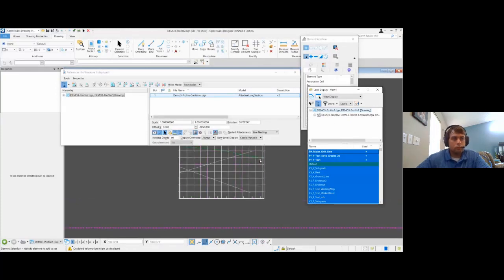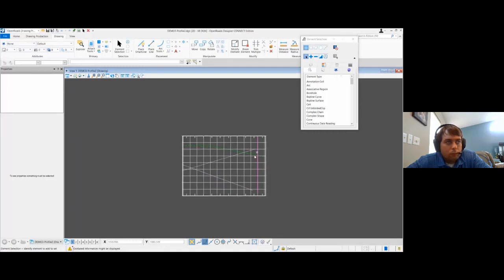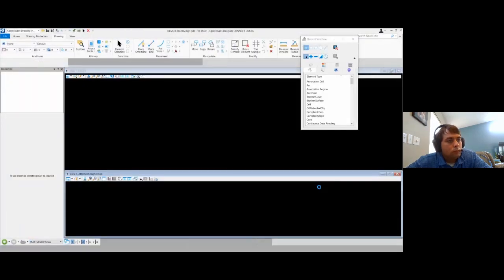Okay, so what we haven't talked about is what happens when we turn the variable on. So when we turn the variable on, we get the same effect we did in plan view, where it'll start also controlling your direct references. Because remember that this display override is only affecting the nested references. So let me turn that back on and I'll quickly show that. So I have turned the variable back on. And now I'm going to jump back over to my container file.